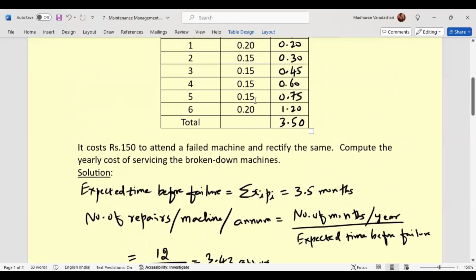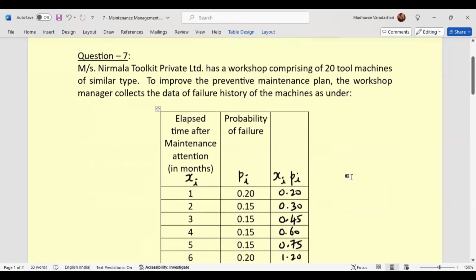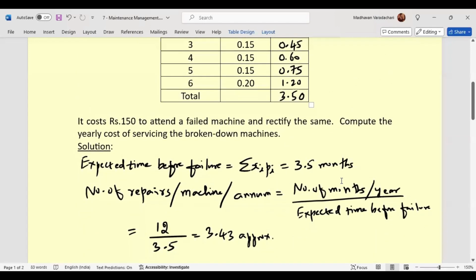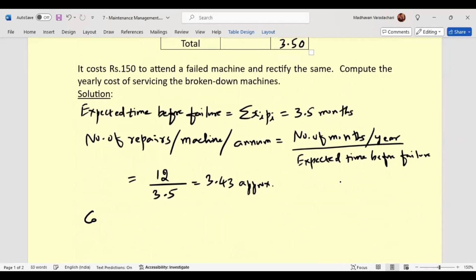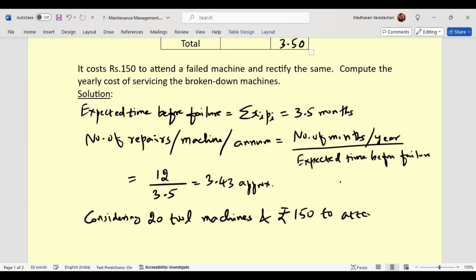Now, the question has given us that 20 tool machines are there in total. So considering the tool machines, and rupees 150 to attend a failed machine and rectify the same,